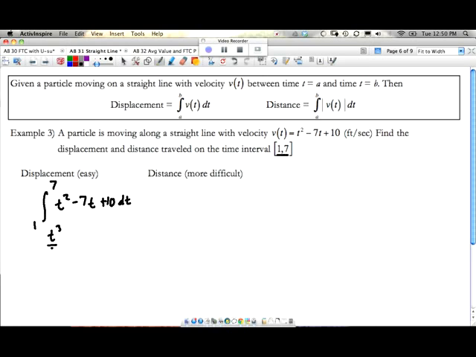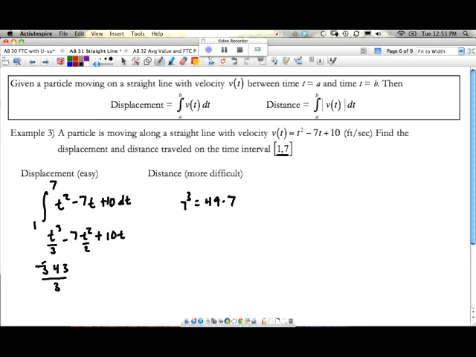And the antiderivative is t cubed over 3, then we got minus 7t squared over 2 plus 10t. So we're going to plug in those two values there. That's going to give us 40, whoa, not 49. What is 7 cubed? 7 times 49. I think that's 343. Is it? 49 times 7. 9 times 3 is 27. Ooh, so let's see what that would be. 7 cubed is equal to 49 times 7. Oh, it is 343. Yeah, it's